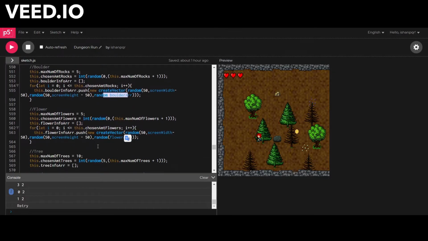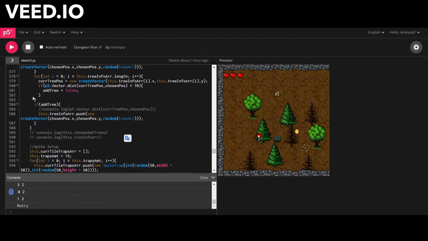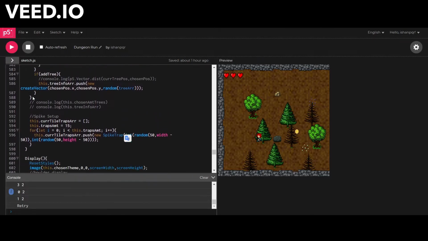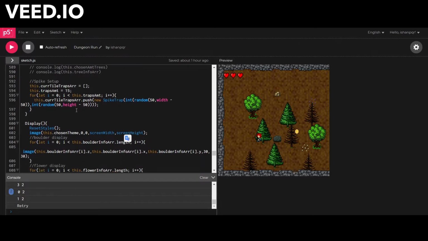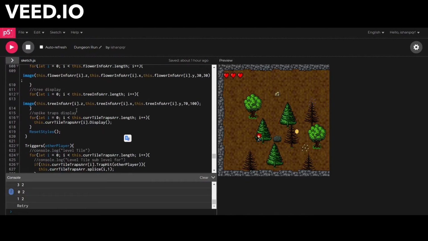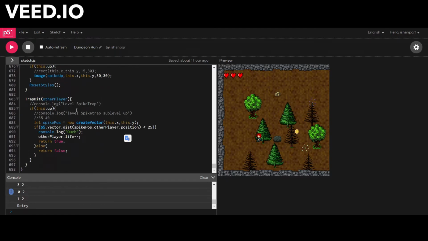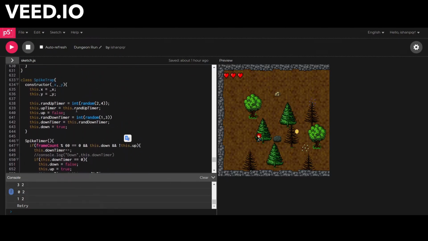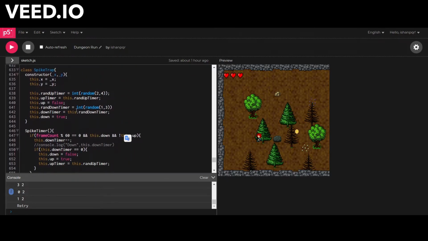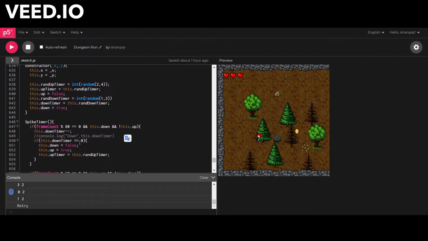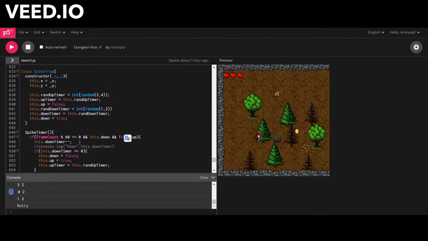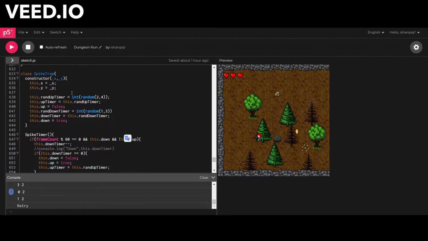use. Now I have done the same thing for the boulder and the flower and the tree, and then for the spikes, I have done the same thing, but in this case, I created an entirely new spike class because it was easier to deal with, because P5JS doesn't handle collision very well, especially if you put all the data in an array and then access those arrays each time. It took too much time, so I just created a spike trap class which just has a random up timer,